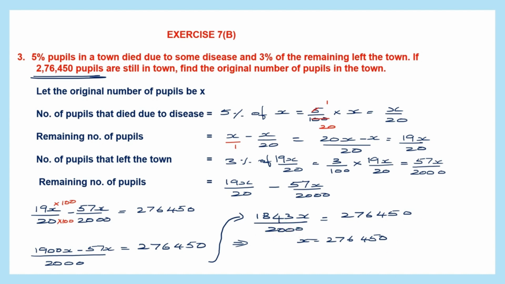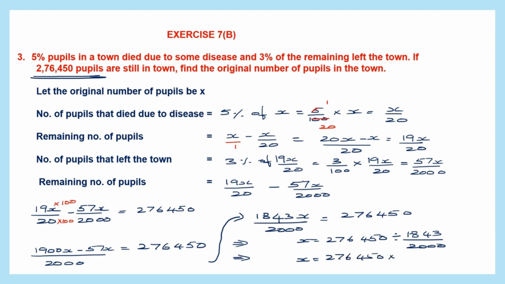So when it goes to the other side, it is multiplication here. When it goes, it becomes division. So divided by 1,843 by 2000. So now x is equal to